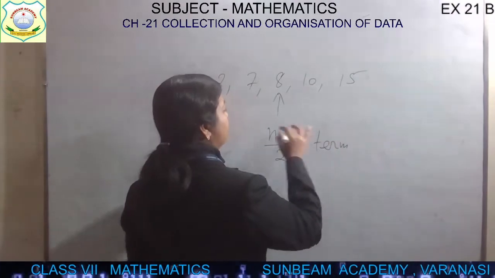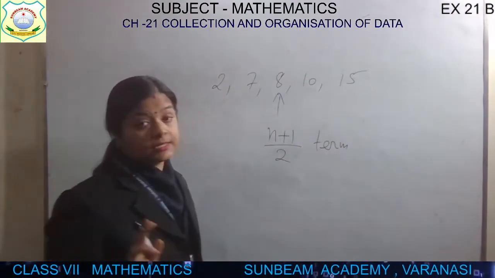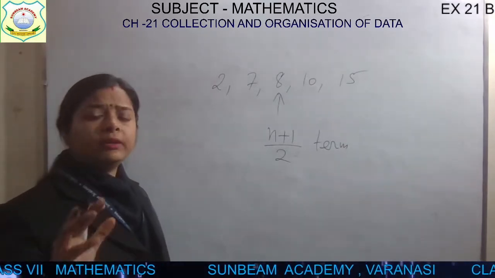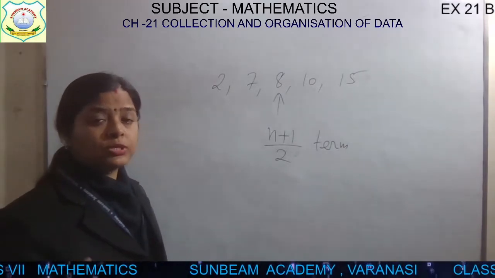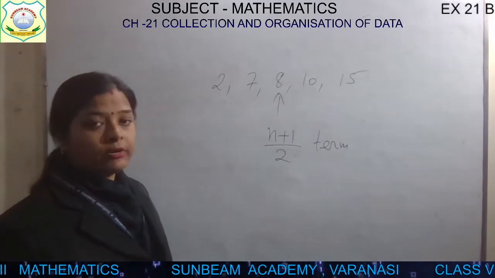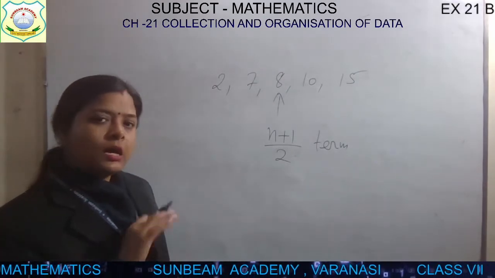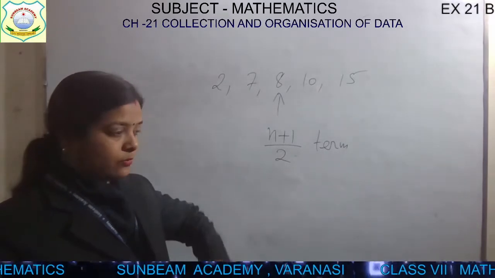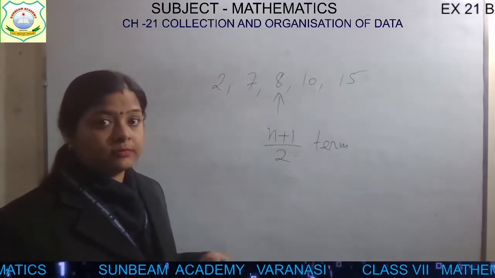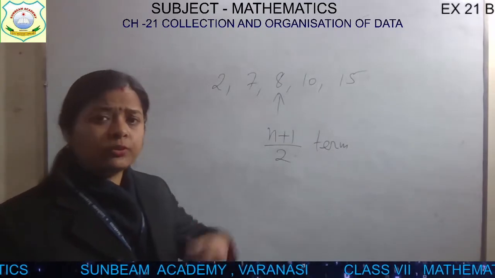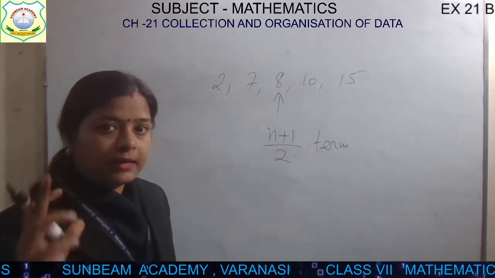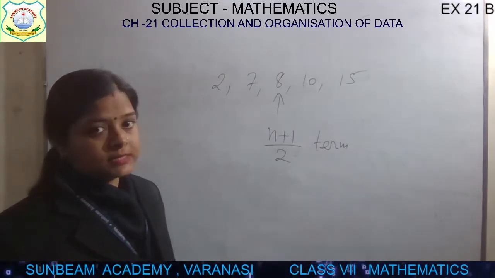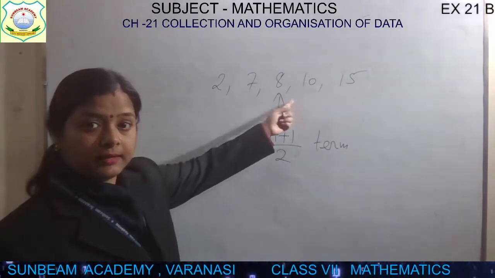And the data should always be arranged in ascending order. Otherwise your median will be wrong. So every time whenever you have data type questions, the statistics questions, where you have to find mean, mode, median, whatever, arrange the data in ascending order. That will be the safest side. Otherwise, while looking at the question, you may feel that it's very easy, and you just start solving it. Then at that time you are making a mistake. So first of all, arrange the data in ascending order.